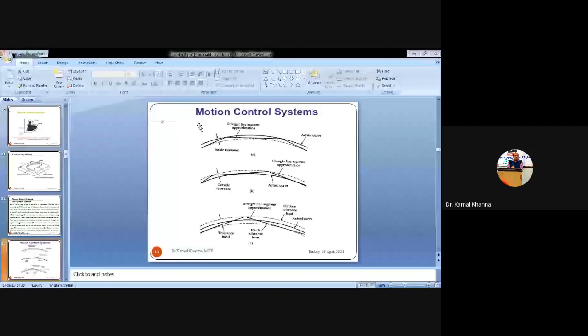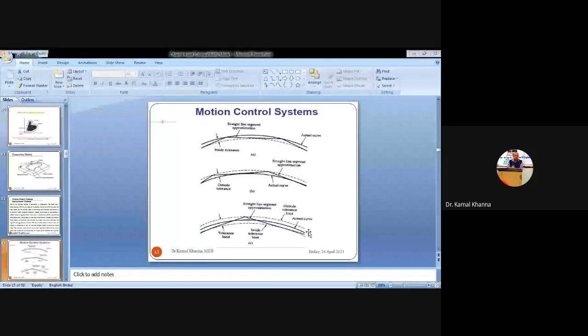In the case of the inside and outside tolerance, you can see we have divided that actual curve into three line segments. This is the first line, second line, and third line. Again, for the outside tolerance, we have first line, second line, and third line. Whereas when we consider the inside and outside tolerance together, you can complete the total actual curve with two line segments also, as shown in figure 2. So you can see here the tool is moving from the inside tolerance to the outside tolerance, and again from the outside tolerance to the inside tolerance. That is, these straight line segments are approximations to the actual curve.